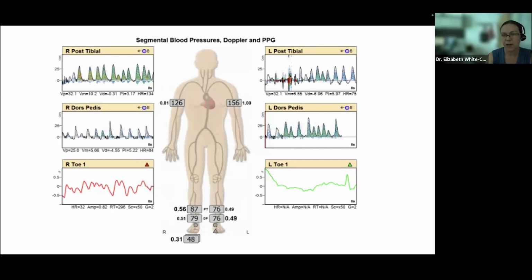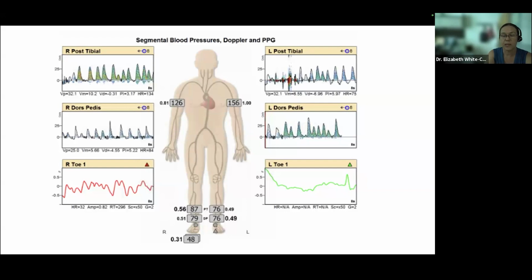They want to see, along the top, especially in these posterior tibials, either a biphasic or even a triphasic waveform, which is a robust waveform. And as it descends, what you don't want to see, which is unfortunate in this patient, especially on the left toe, is it effectively flat line. So they don't have any blood going to that left toe. If they have a wound on that left foot, then they don't have adequate blood flow to close the wound. You want the toe pressure to be greater than 30 to feel confident that you'll have adequate blood flow.